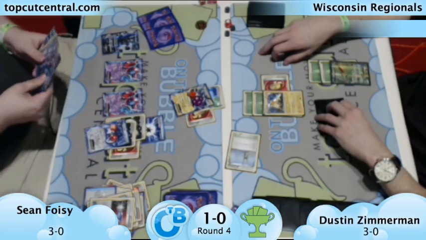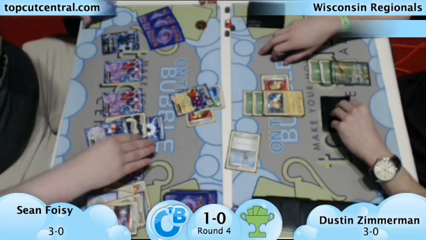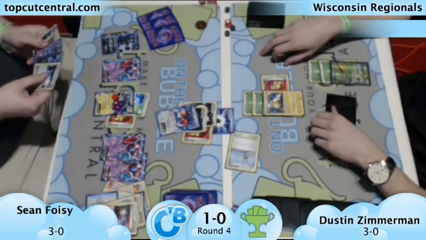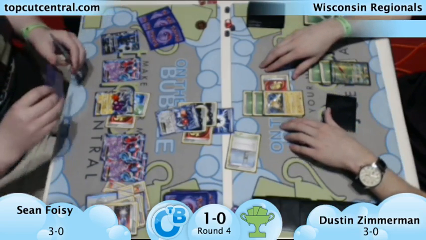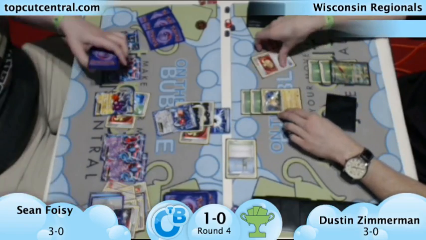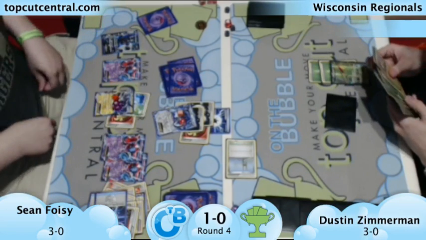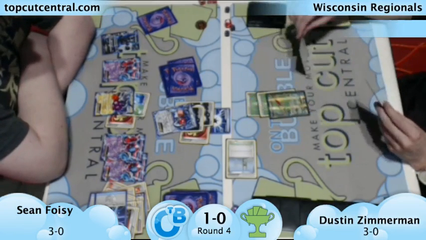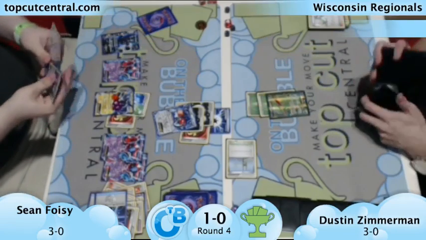I'm not a gambling man, so I never tend to play flippy cards like that. But as you can see, the payoff is worth it. He just always has cards in his hand, plenty of options every turn. Definitely, and there's the knockout. And now Sean's putting Dustin in a position where, unless he can knock out this Lugia, it's going to be very difficult. Maybe not even possible, and Dustin just